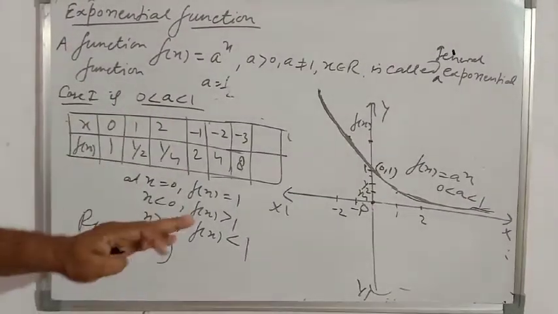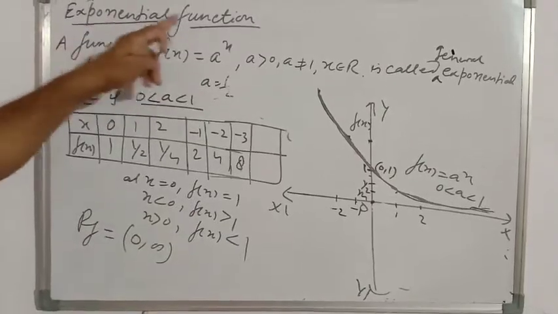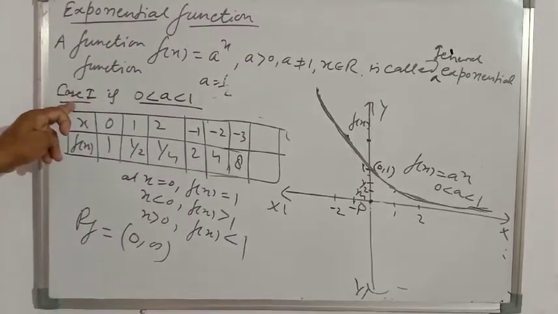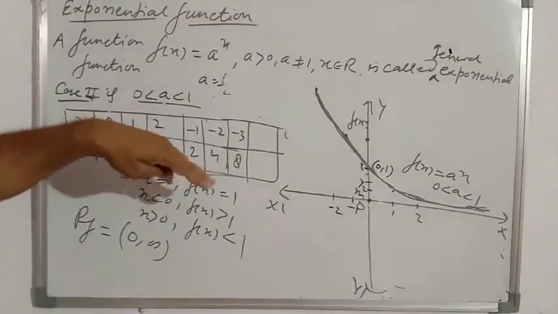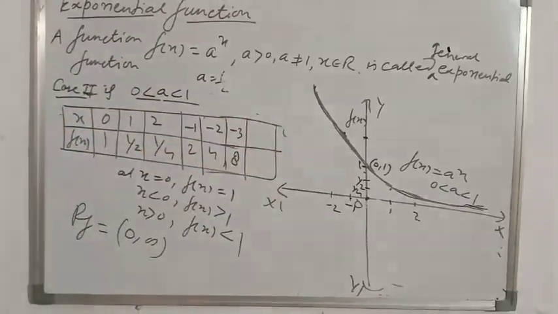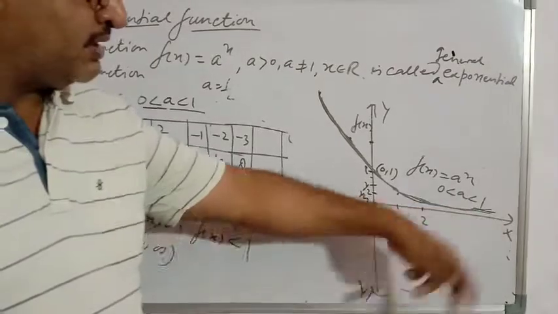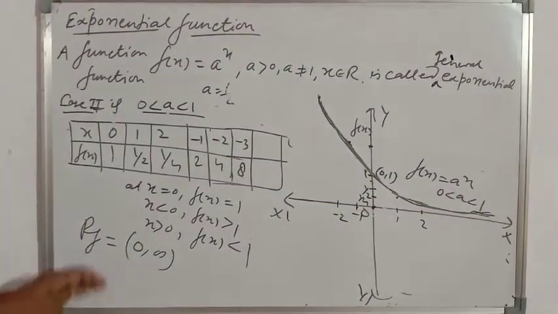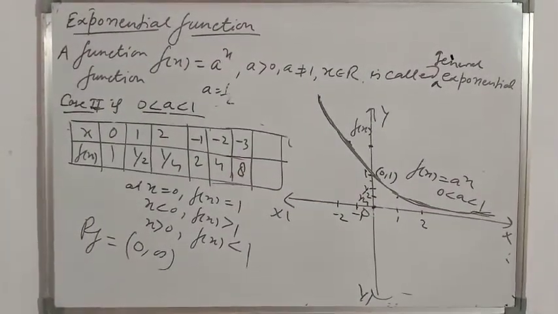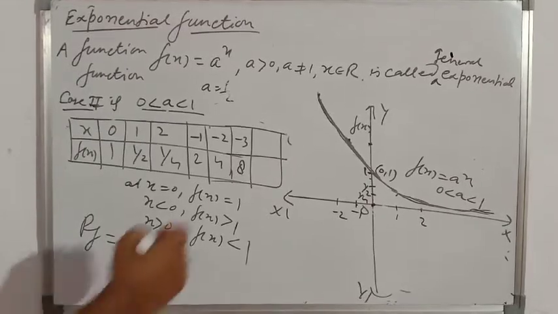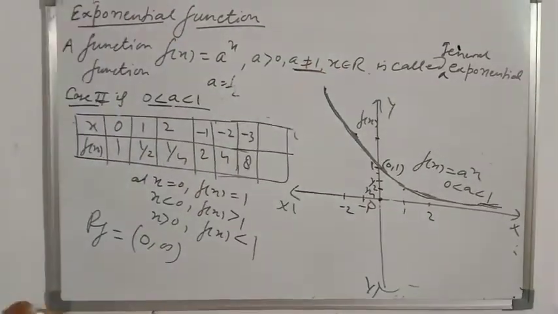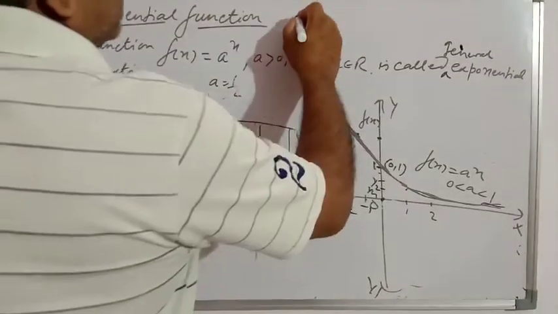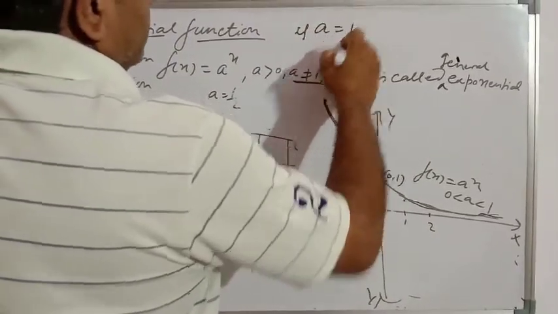So in the exponential function I have taken two cases. This is the second case. The first case is if a is greater than 1, and this is the second case, if a is less than 1 but greater than 0. In both cases, the range is 0 to infinity. Why are we not taking a = 1? So if a = 1,